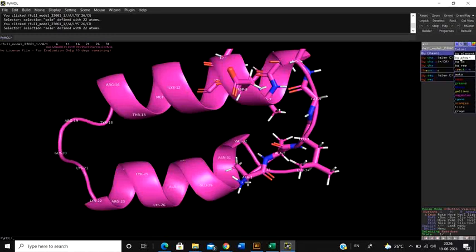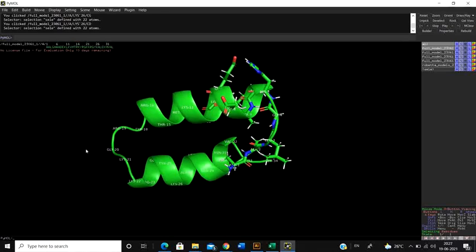Or you can color them by chain. Sometimes a protein like hemoglobin has multiple chains. If you have a protein with multiple chains, like we have shown in VEGF, to identify different chains in different colors, you can click on color by chain, and each of the chains is going to be highlighted. One chain will be in green, another chain in blue, another in yellow, so that you are able to distinguish between the different chains. Or you can also color them by secondary structure.